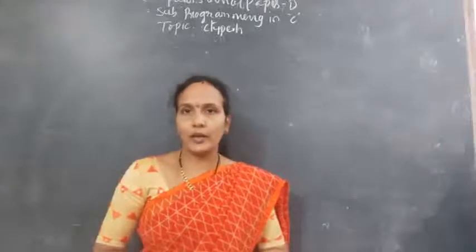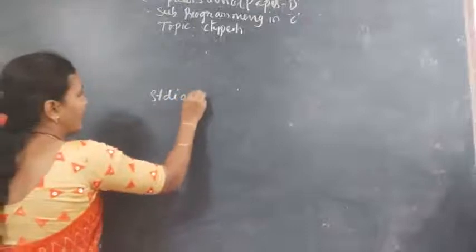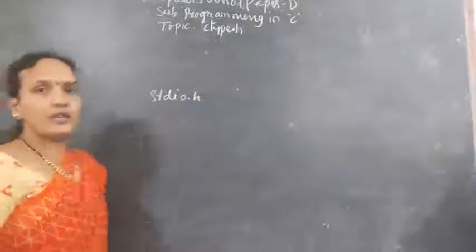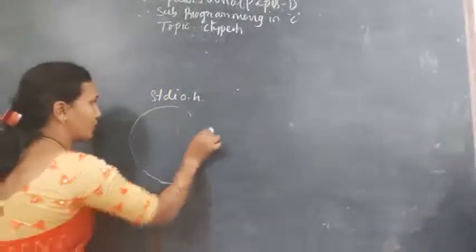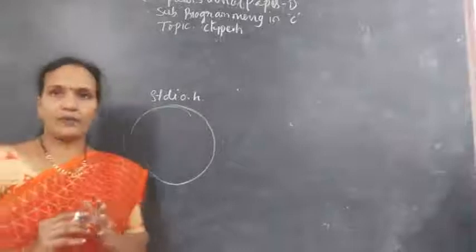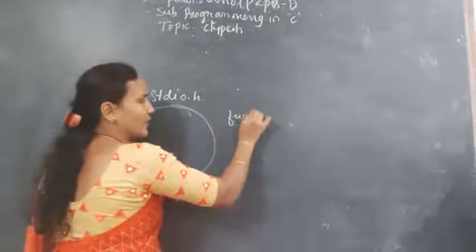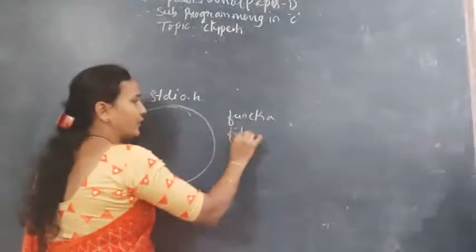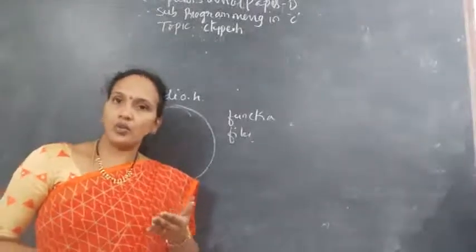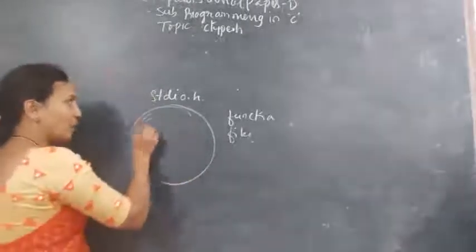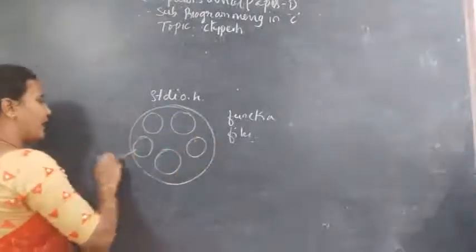That we'll discuss. See, I have already explained that stdio.h is a header file. What is the use of this header file? In C programming, for example, this is software. The total software is nothing but a collection of different functions, in different files. So in C programming, whatever functions are there, the total functions are divided into different groups. These groups are called header files.